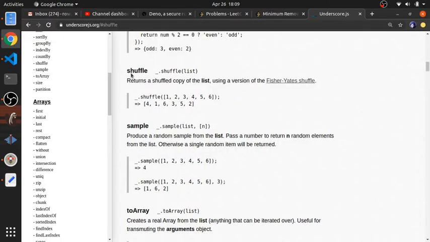Okay, shuffle retains a shuffled copy of the list using a version of this algorithm. I won't use that. I'll just generate a random index within the range of the list you passed, and just swap the current element with a randomly generated element from the same list using the random index I got. So